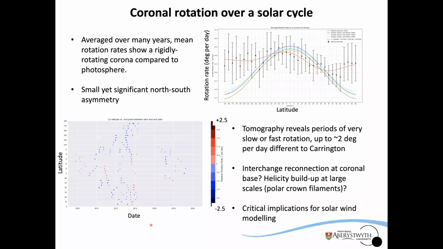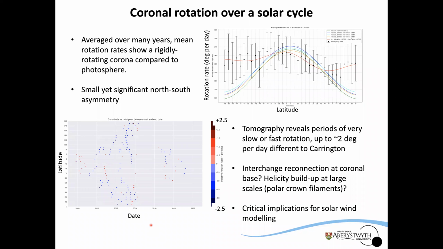And also we notice very abrupt changes. And this is something to do with the way the streamers are linked to the photosphere. So what I mean by that is, at solar minimum, the foot points of the streamers come from mid-latitudes and curve downwards towards the equator. So when you're measuring the rotation rates in the corona for the equator, really the streamers are linked to mid-latitudes. And then with the ascending phase to solar maximum, there's an abrupt